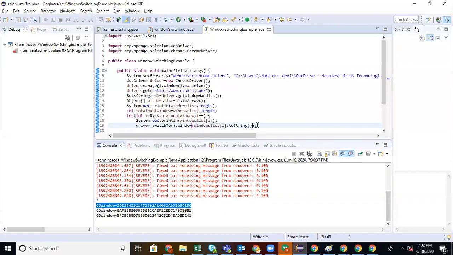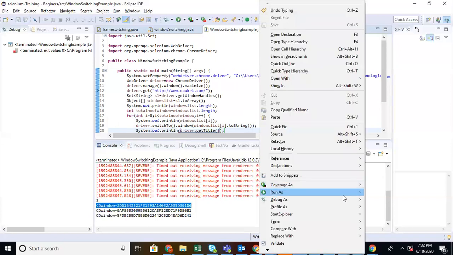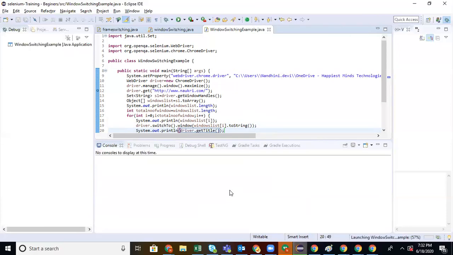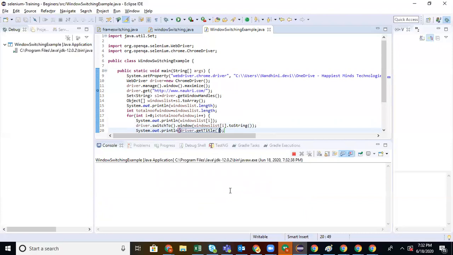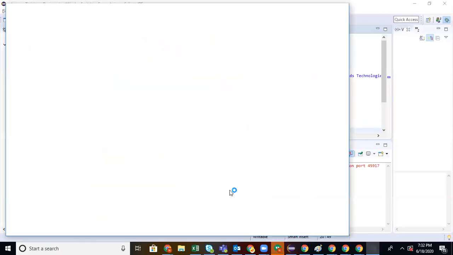I'm just converting this to a string because it is not accepting it as is. So now you try to print the title: driver.getTitle. This will show you the window name and the title. So you will know the window name and the corresponding title. Based on that, you will be able to handle it. Okay.